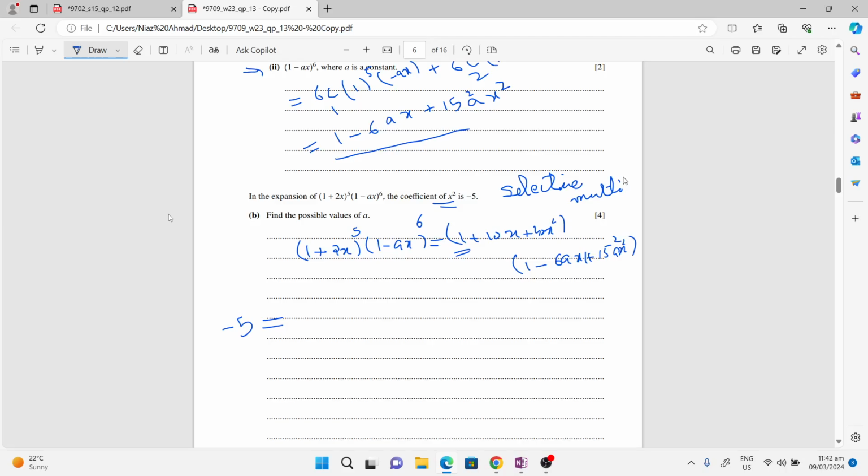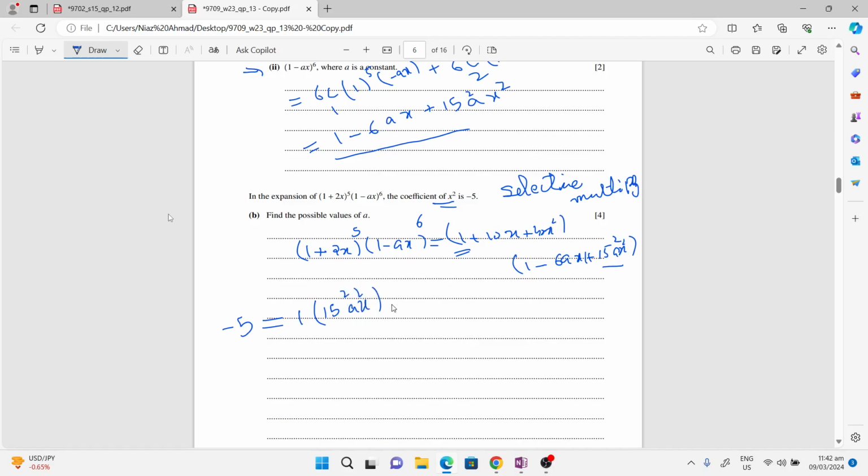If you selectively multiply these two expansions, you will very comfortably get your answer. Look, if I multiply 1 from the first expansion with the third term, that is 15a square